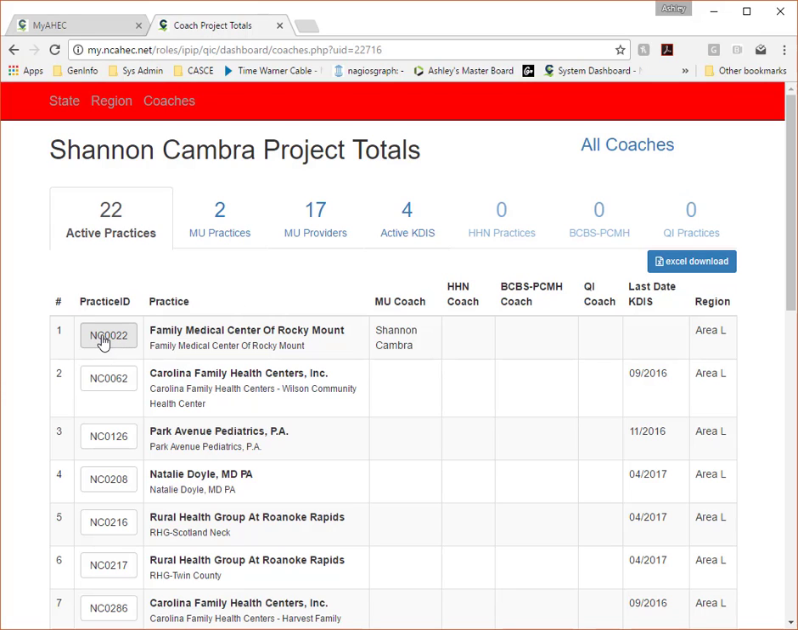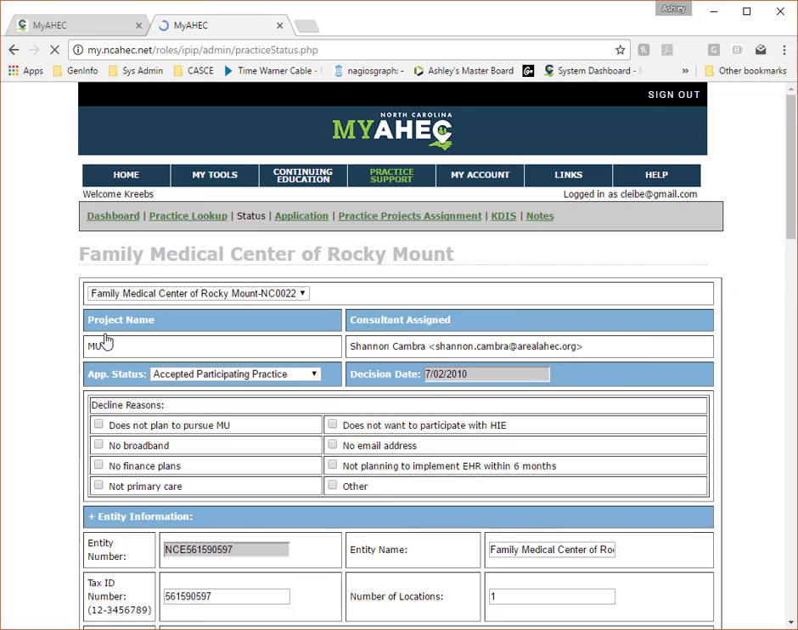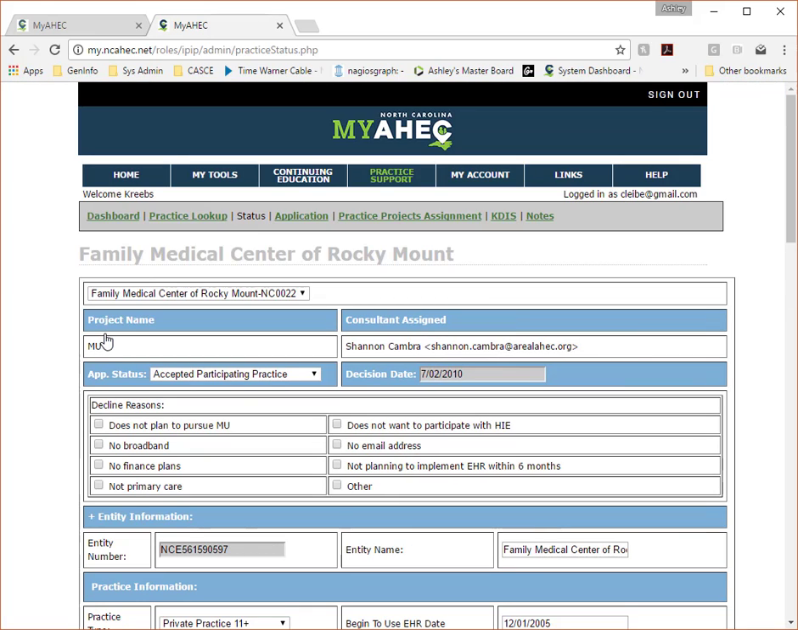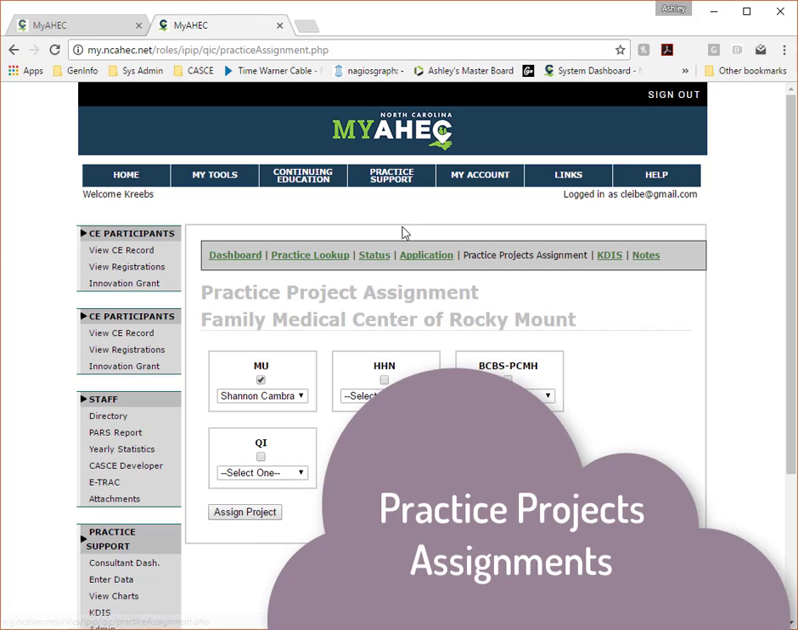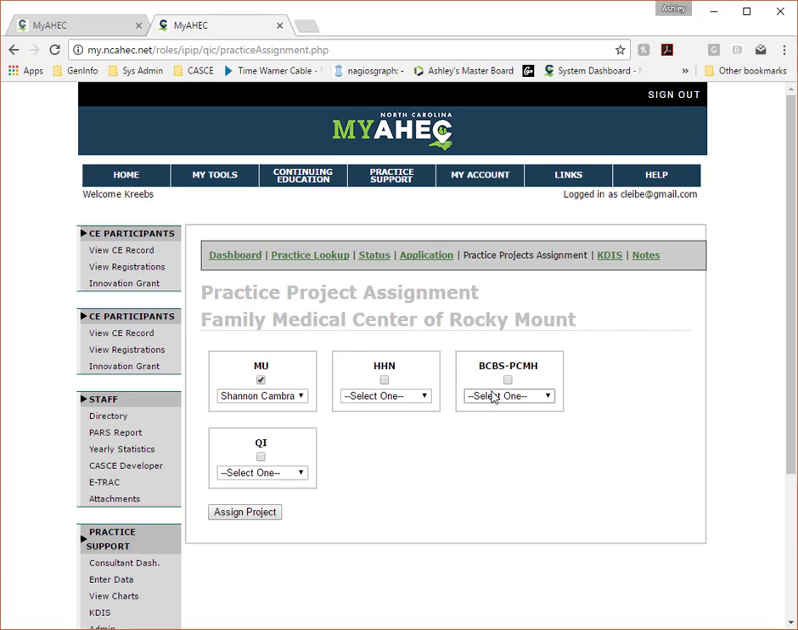I can also click on the practice ID of one of those practices and get to the practice status page. From the practice status page, I can get to the practice projects assignment page. At this page, I'm able to assign a new project and assign a coach to that project. Once I click the Assign Project button,